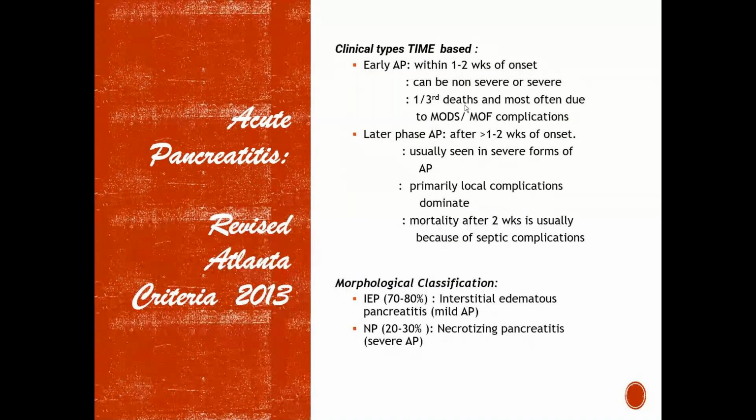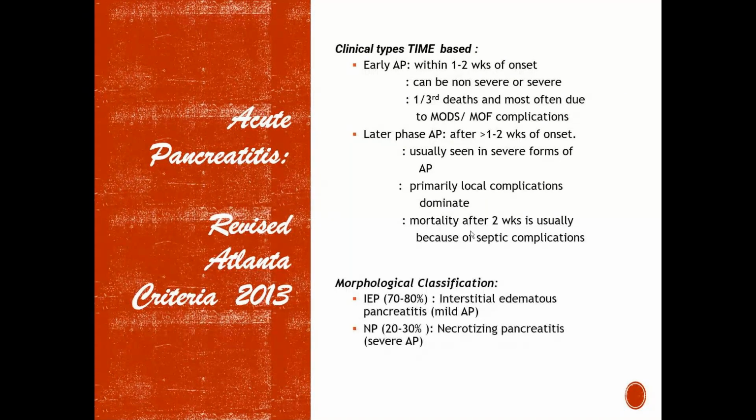But post 1 week, usually it is a severe form, primarily dominated by local complications, and mortality is usually septic. So see the difference. In first week, I'm worried about the general circulation of the patient, the systemic inflammatory response. I'm not worried about the local complication right now because those local complications have not reached to a stage where they're going to cause mortality or morbidity to that extent. But post 1 week or post second week, now what is happening? I've taken care of the general